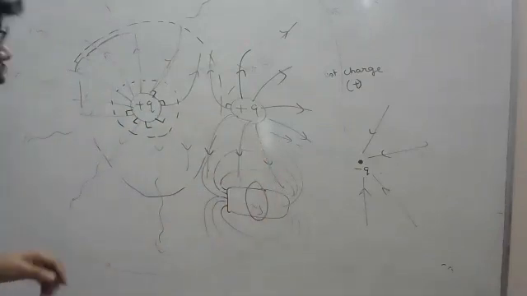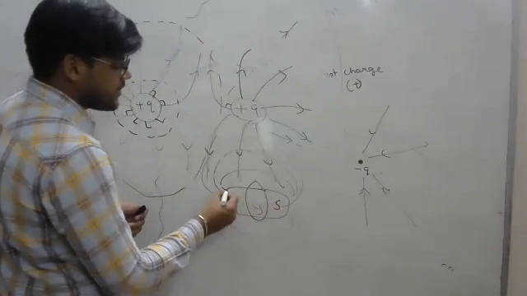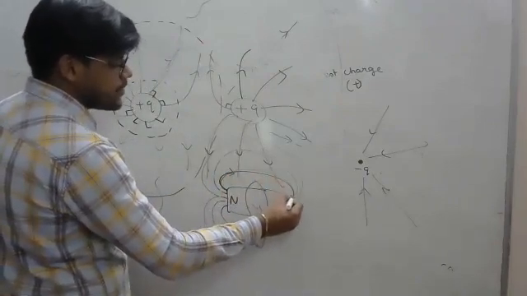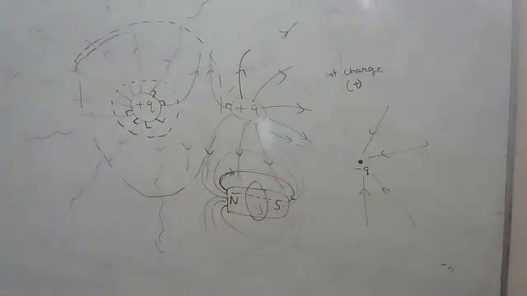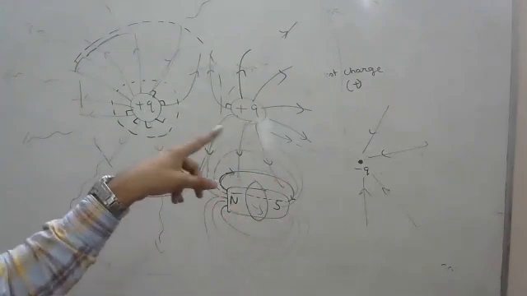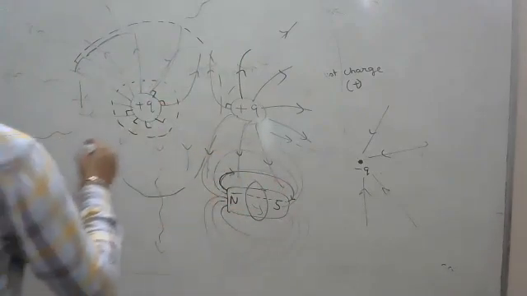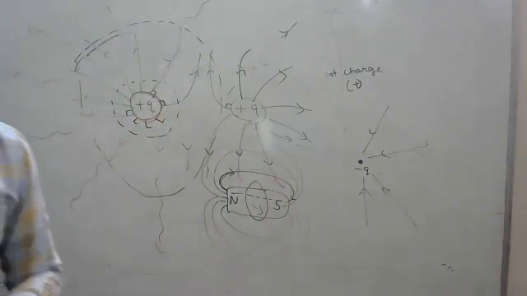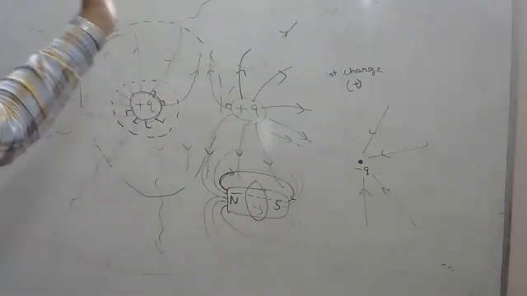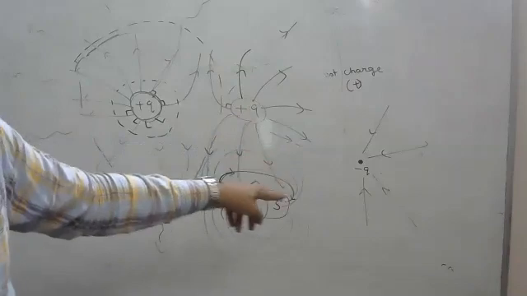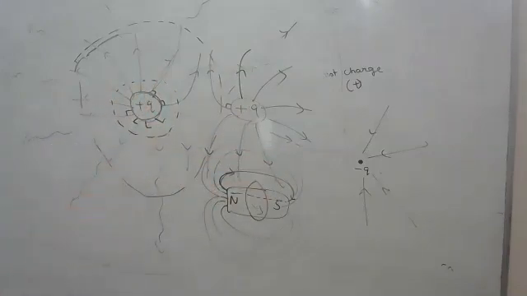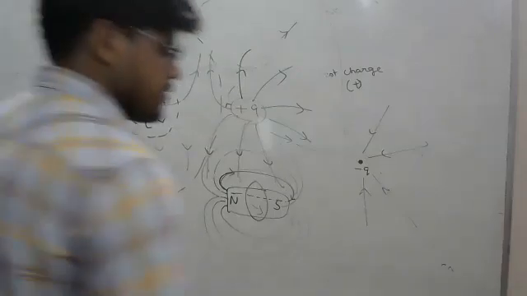And there's one major difference between electric field lines and magnetic field lines. Magnetic field lines form a closed loop. You might have heard about this. Magnetic field lines come out from the North Pole and go into the South Pole, and internally they again form a closed loop. This you might have studied in your 10th standard. Magnetic field lines form a closed loop, while a charged particle always forms an open loop. These electric field lines are not coming back. But in case of a magnet, it was forming a closed loop. Here there is no closed loop. These are the properties related to electric field and electric field lines.